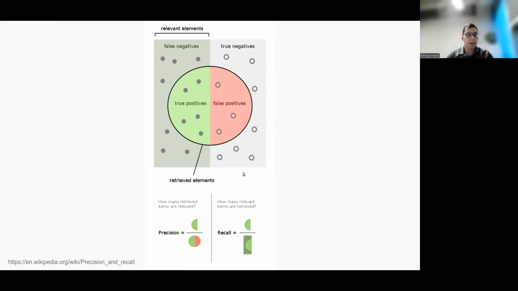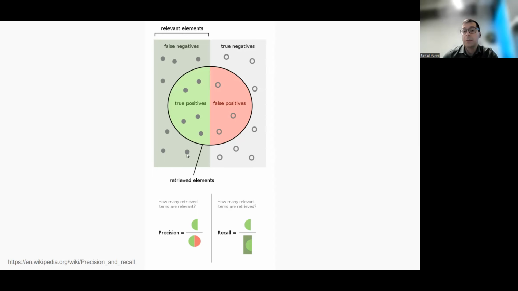Now in this context, when I talk about precision, I mean from all of those results that came out positive from the test, how many of them are actually positive? If a test has high precision, it means that when it says something is positive, I can rely on it.